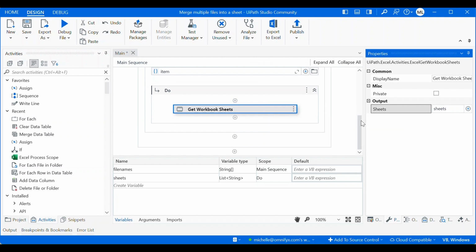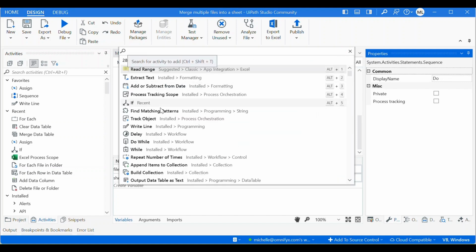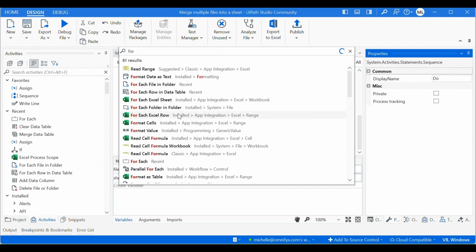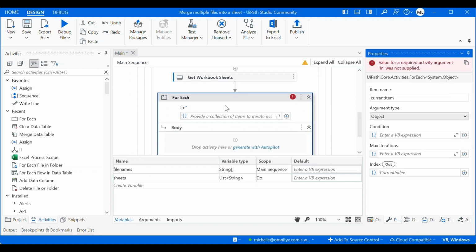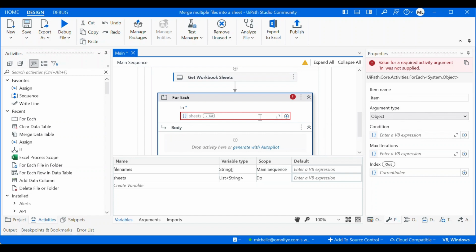Then the next, once we get all the sheets in a file, we will then loop through each sheet and get the data within the sheet. So the next activity we need is another for each loop. So we will grab the for each activity again. So for each item in sheets,